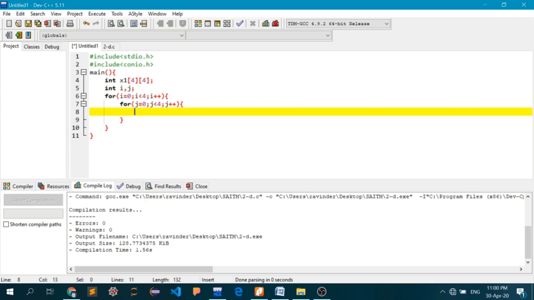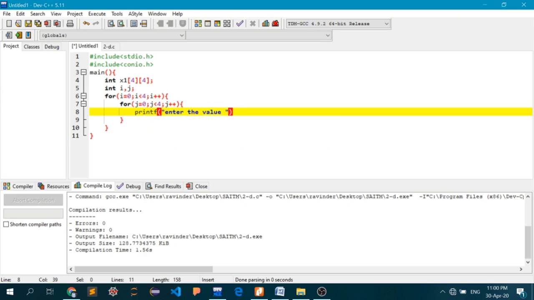Now the standard input function called scanf will be called for each and every value of the matrix one by one. So let's start with that. Or let's insert an output function, the print function, first: printf, enter the value.